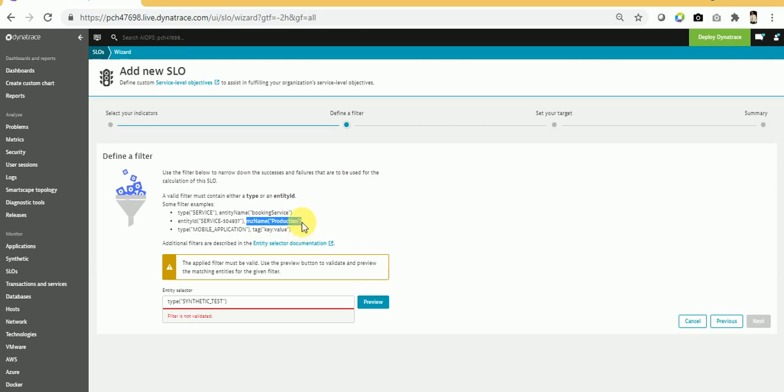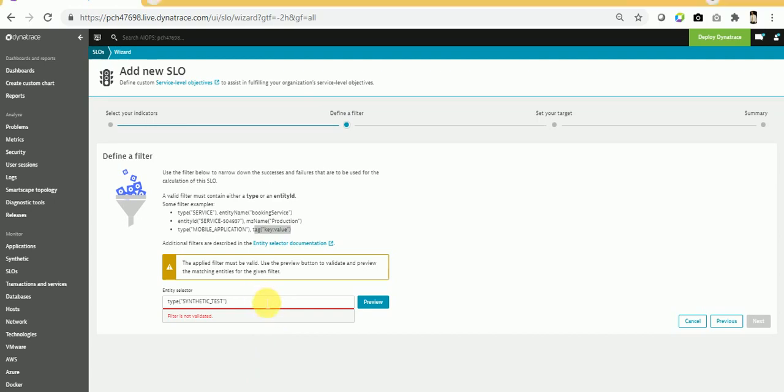The type can be mobile application, web application, or maybe custom application, which you can check in Dynatrace also. And the last one is tag, a key value pair. In the next video I will also cover how to create tags. Basically in Dynatrace there are two kinds of tags, manual tagging and automatic tagging, and I will try to cover both.